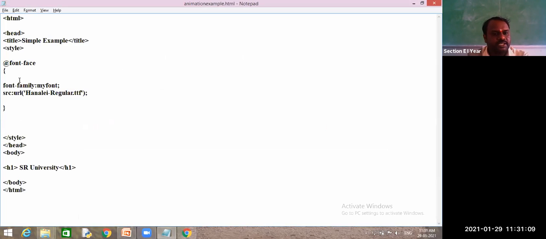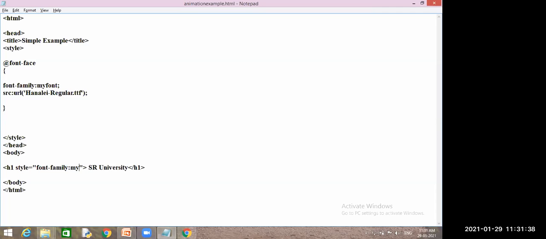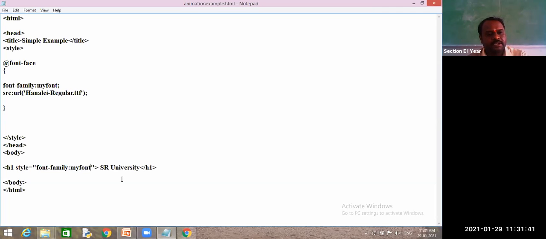Font. Okay, so I have just downloaded this, but I am not applying this font to this text. So how can I give this font name? Style. Style equal to font family. Which font family? What is my own font family name? My font. Very good, just my font only. Now let us check whether this font will apply to this text or not. Is it applied? Yes, sir. Okay, so did you understand?